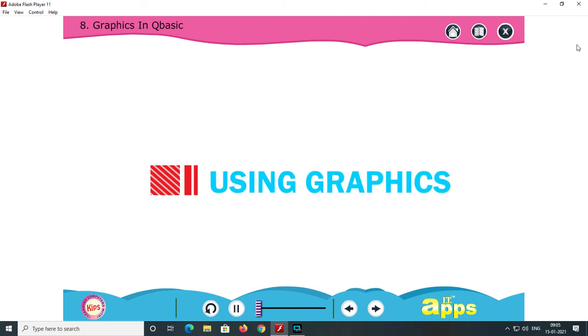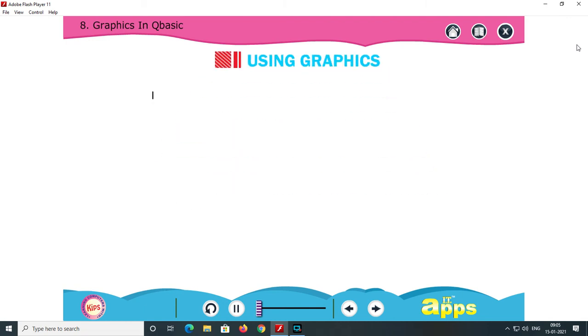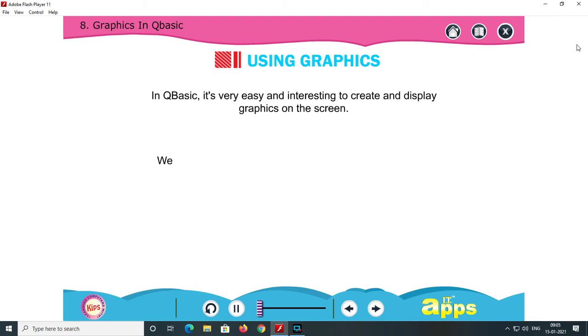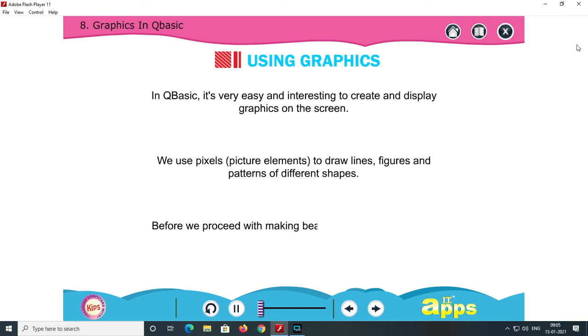Okay, let us now learn how to use graphics in QBasic. In QBasic, it is very easy and interesting to create and display graphics on the screen. We use pixels, picture elements, to draw lines, figures and patterns of different shapes. Before we proceed with making beautiful graphics, let us first understand the display characteristics of our monitor.